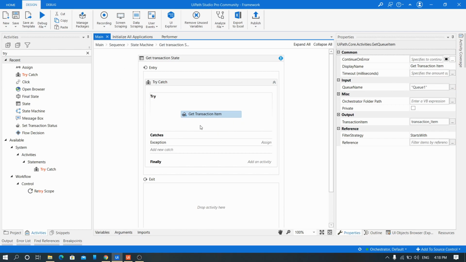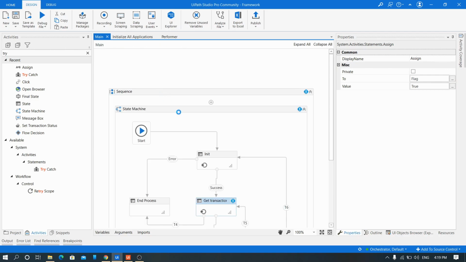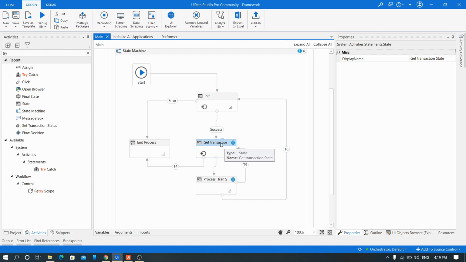In the sense, while we were trying to get the transaction item from the queue, due to slow internet speed or any other problem, if your internet connection is off, this times out, it waits for 30 seconds. It can't communicate with your orchestrator, so it will return an error and go to the exception block. What happens here is you are setting the flag to true. So the get transaction workflow is done.